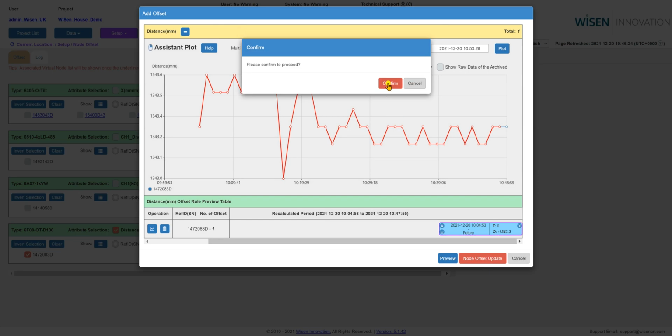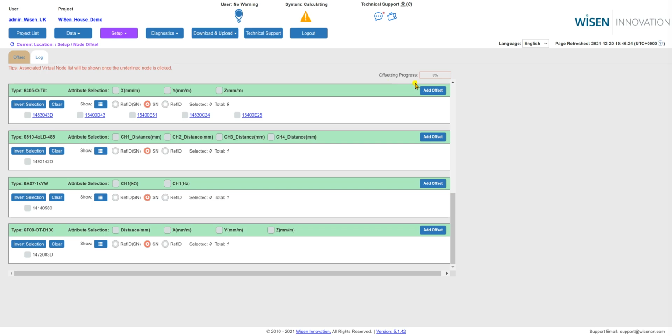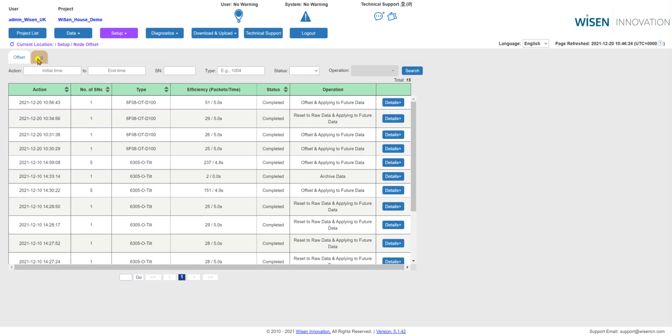It says please confirm to proceed, and we press confirm. And we see here a little progress bar for the offset. It shouldn't take too long, there isn't a huge amount of data. So I'm nulling at the moment. You can see that's now disappeared. And if I go to log, I can see at the top the most current action that it's been completed successfully. And just to show you, if we go back to the show table,